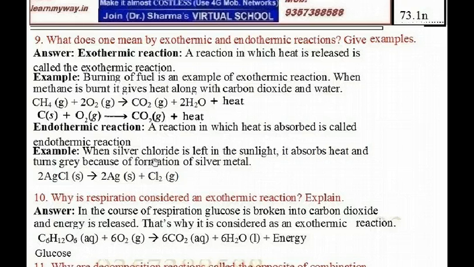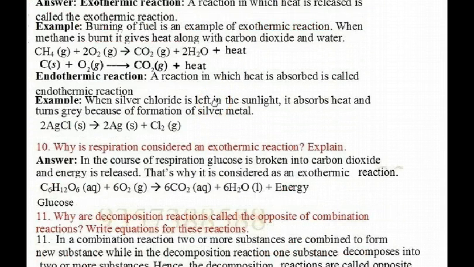Now, endothermic reaction is just the reverse, you can say. A reaction in which heat is absorbed is called endothermic reaction. The example comes from silver chloride. When you leave this silver chloride in sunlight, what do we find? It absorbs heat from the sunlight and then turns gray. Why does it turn gray? Because this AgCl decomposes, we should say, in the presence of sunlight into silver